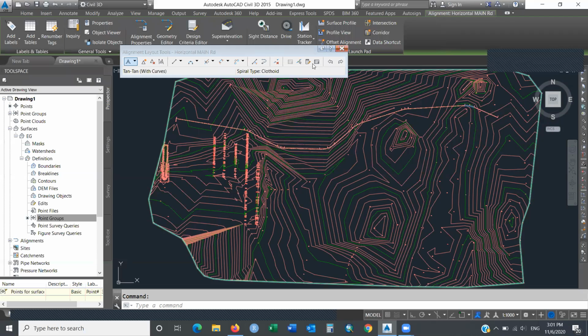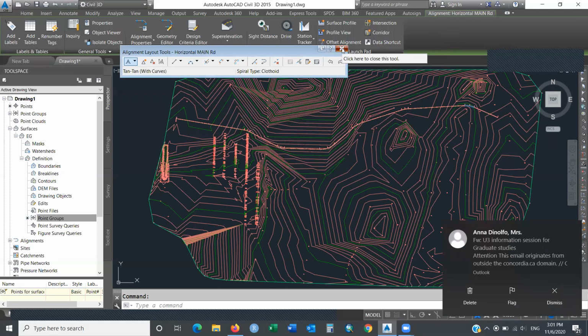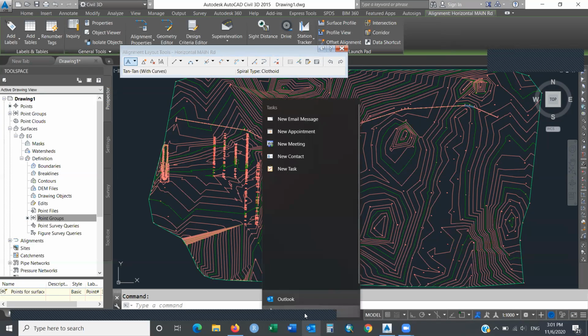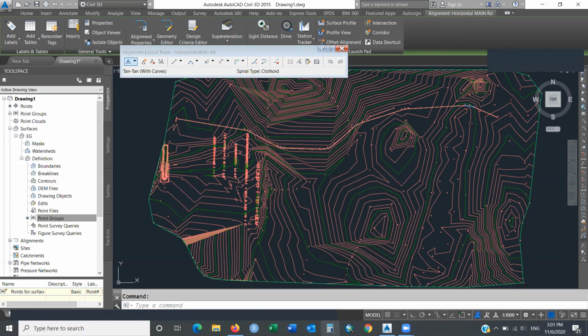All right. You guys introduced your alignment already? Okay, did you guys introduce your alignment? Yes. Okay, so we're gonna close this. We're gonna close the toolbox